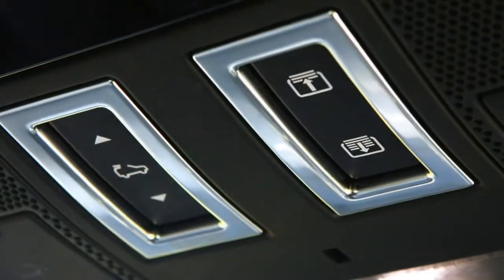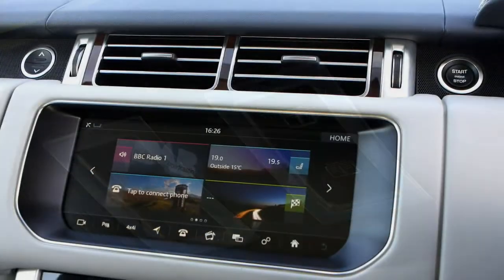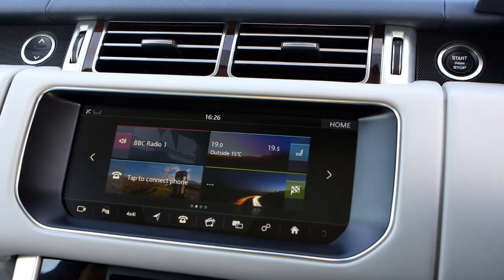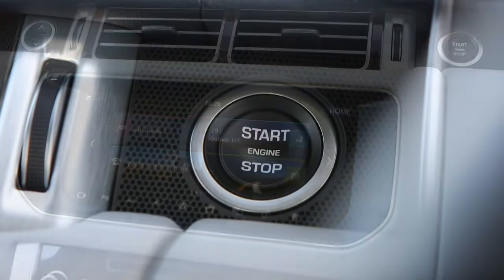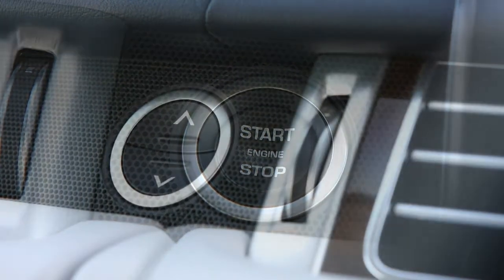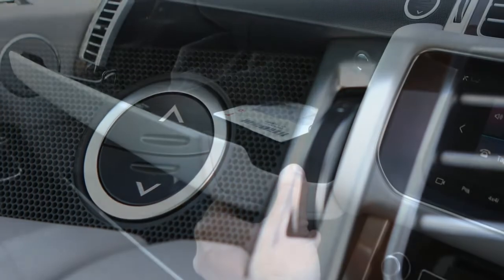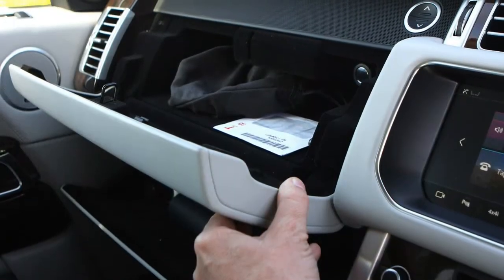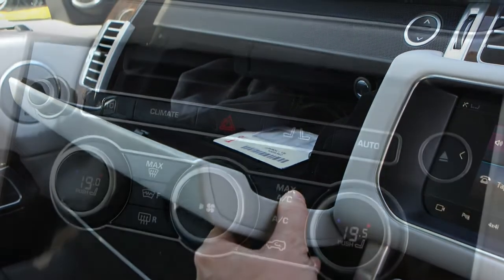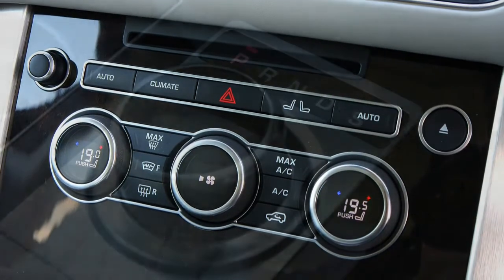Colors and design. There are 16 interior color schemes to pick from, plus several veneer finishes and in many cases 3 rooflining colors. You can exercise your artistic bent with 15 different colors, including metallics and contrasting roof colors. The Autobiography trim grows to 22 colors, including a chroma flare finish which changes color depending on the